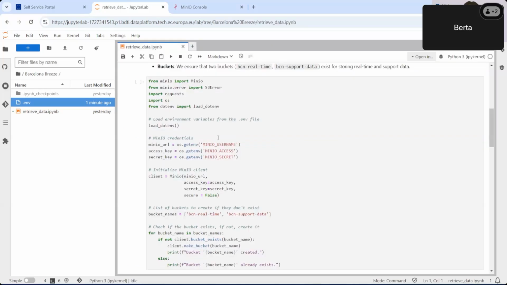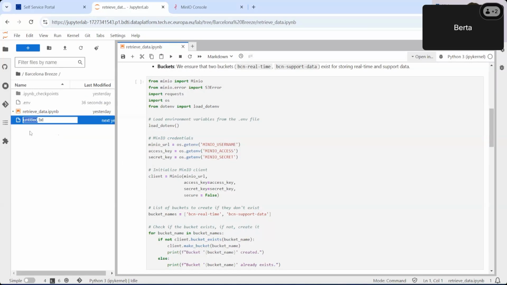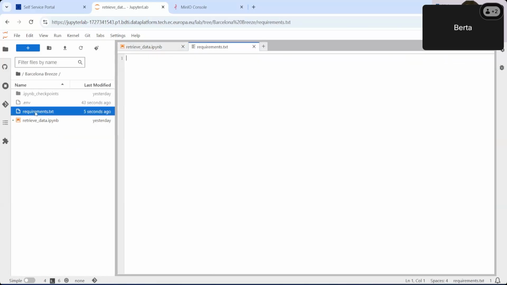And before we execute it, we need to make sure that we have these libraries. So it is best practice, if we want to import more than one library at once, to create a requirements file with all the libraries we need, and then just run it from the terminal and it will import them all for us. So right click here again, create a new file, and we're going to name it requirements.txt. Enter, we'll open it, and just list all the libraries that we need. For this use case, we're going to need this list here. Click Ctrl S to save it, and you can close.